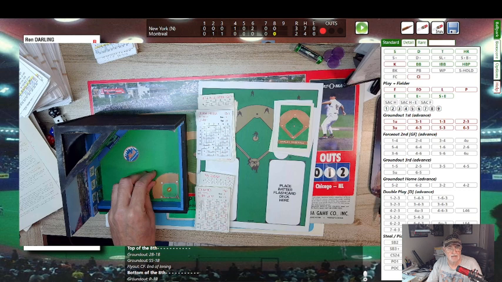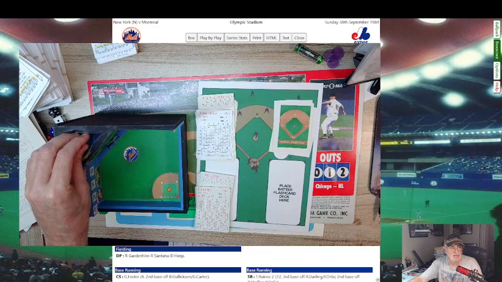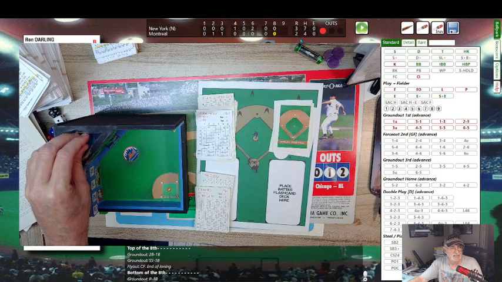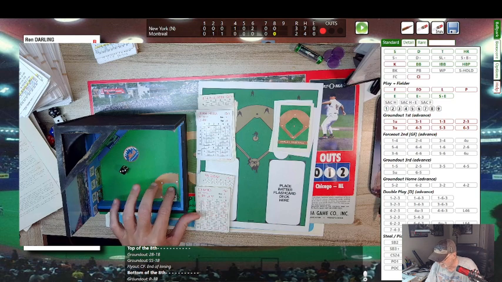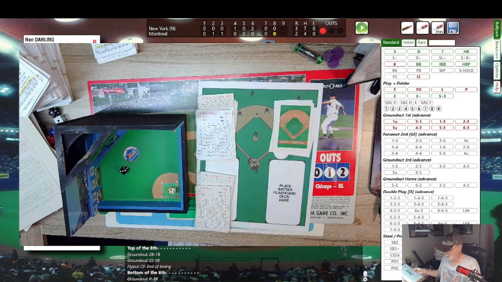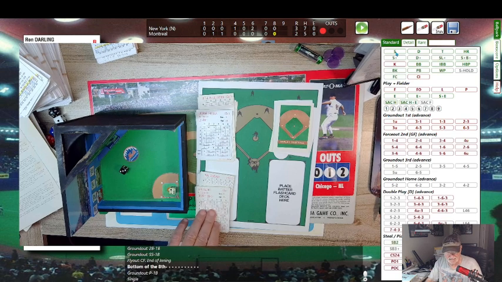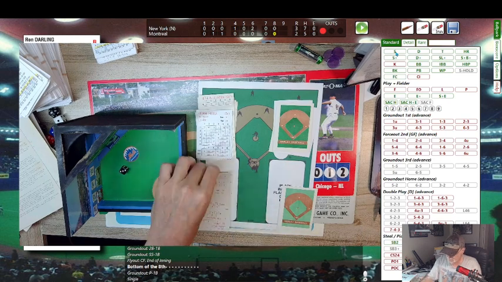Who else? That's it. Let's see who's up now. It is Timmy Raines. Raines today, let's look at the box score. Raines today is 1 for 2. That's all he's done today. Here's the pitch, it's a 3-6, I believe. Yep, it's a 3-6, so it's a 1 and a 63 on column 3, and that's a line single to center. Base hit, rips one, a rope to center field, and Raines is on with his second hit of the day. So this is where Darling will get flipped over and become a B.